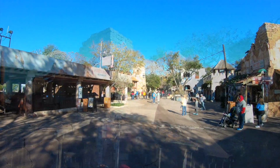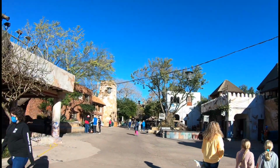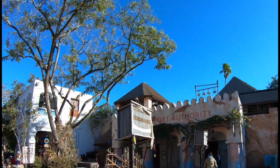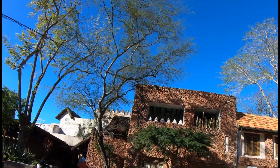Thanks for joining me and Patty as we explored Disney's Animal Kingdom. Well, we had the whole morning planned out. We were going to head back to the Kilimanjaro safari ride, but as we entered the park, a crowd swept us off to the left. We weren't even sure where we were going, but we decided to follow the crowd, and we ended up at